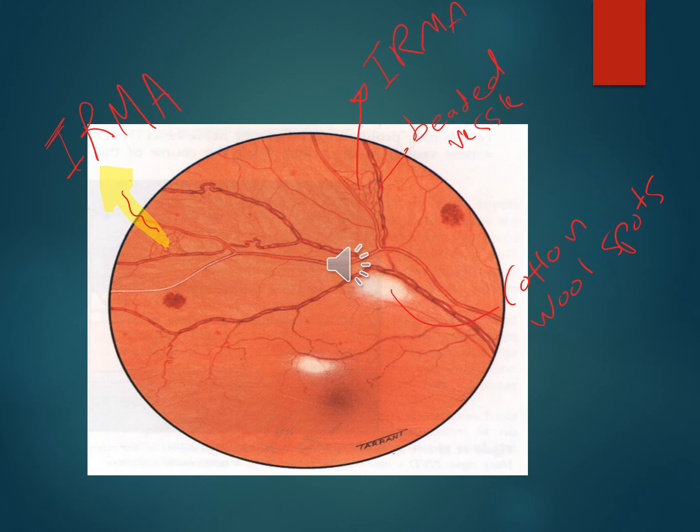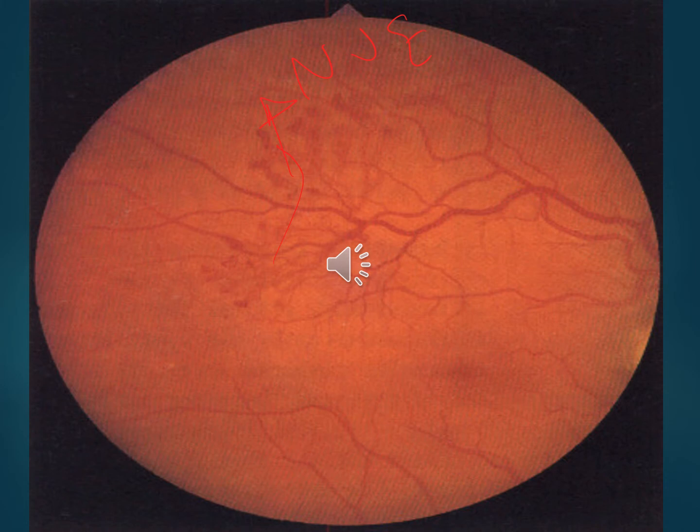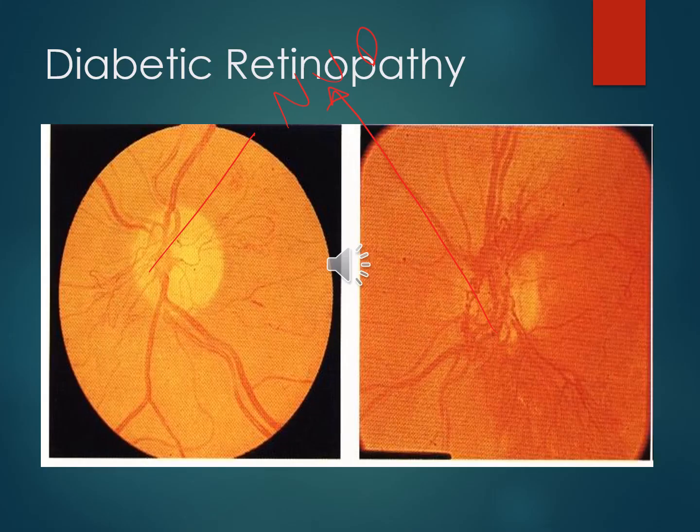complication of diabetic retinopathy. This slide shows the sequence of microvascular occlusion, retinal ischemia, and then formation of a new vessel. So this is a proliferative diabetic retinopathy, and the patient can develop vitreous hemorrhage due to rupture of this fragile new vessel. This slide also shows a sequence of